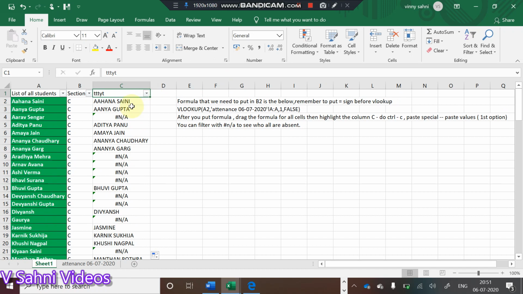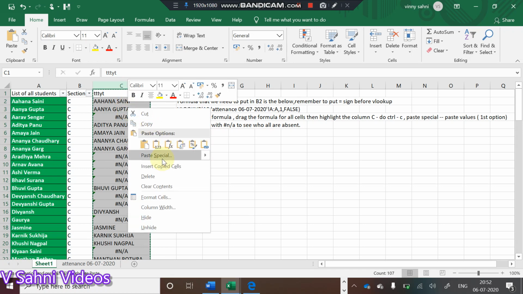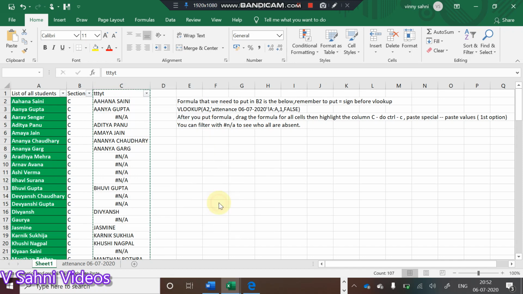Now you can use this column itself to check, but just to avoid any errors, a good practice is that you are supposed to remove the formula from here, so that you don't create any error while doing filtering. So you do Control C, simple copy, right click mouse, paste special, and paste values. When you do that, you can see that there is no formula here. I have written the steps here.